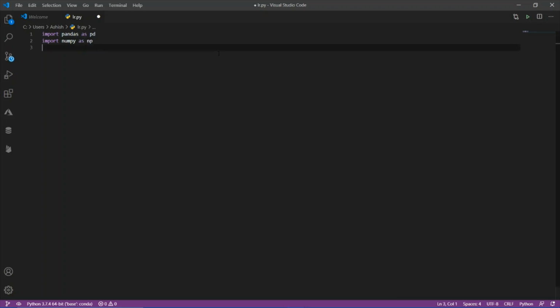Okay, so after importing the libraries, let's define our main function, and inside this main function I will call the run function.